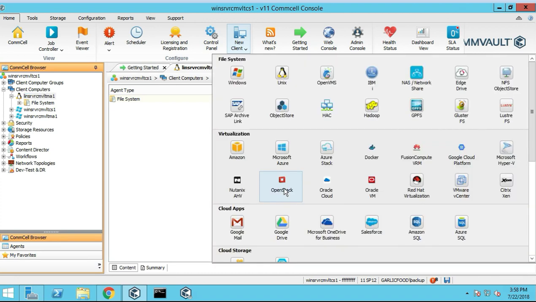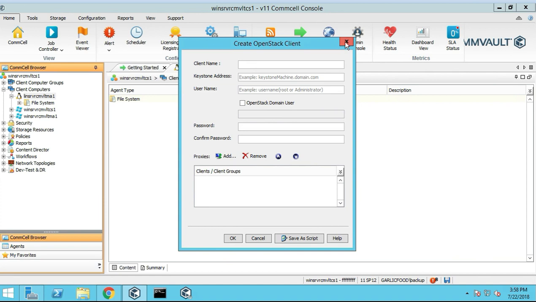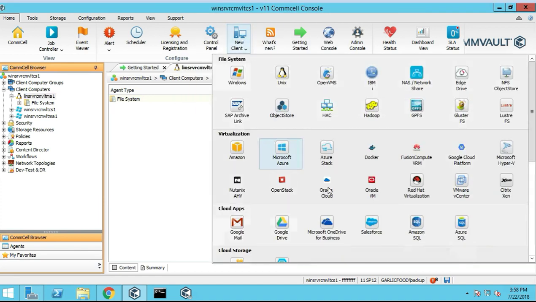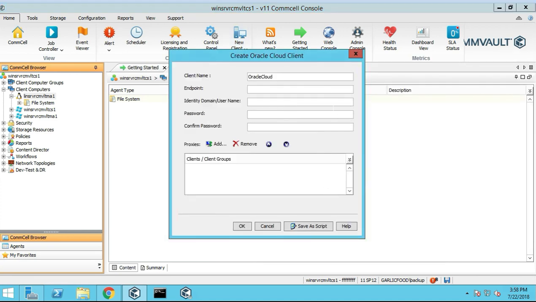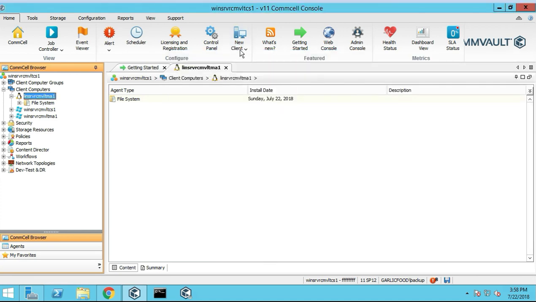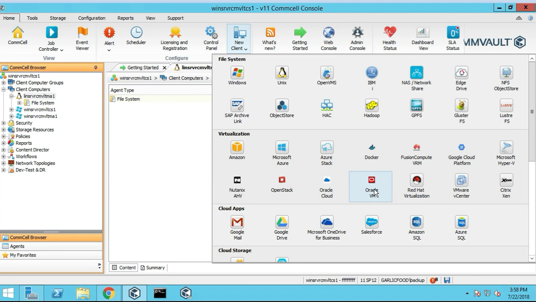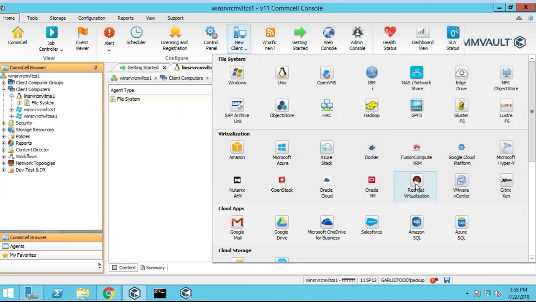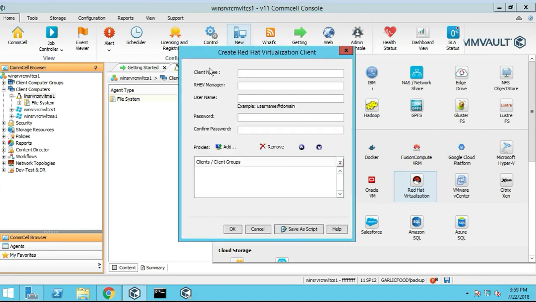Yeah, let's see here. OpenStack, that's a hot topic as well. Seems like they all have kind of the same kind of thing. Oracle Cloud, yeah. Oracle VM, Red Hat virtualization,